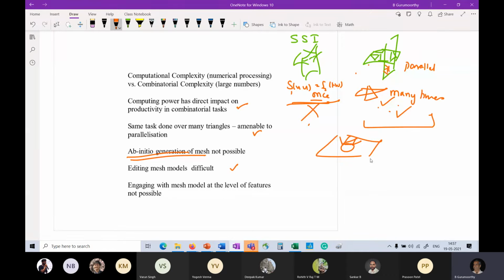And lastly, if I have a mesh representation of a hole, the CAD system does not know that there is a hole in the part, because there are no features in this, right? So you can't then exploit that, saying, okay, find all the holes and put a peg, and see if this peg inserts into that, say maybe for assembly planning. And therefore, you cannot do reasoning at the level of features in a mesh model. So these are the three reasons why CAD and BREP will still survive. But these are also the reasons why you have to be appreciative of the advantages of a surface mesh-based model. Okay.